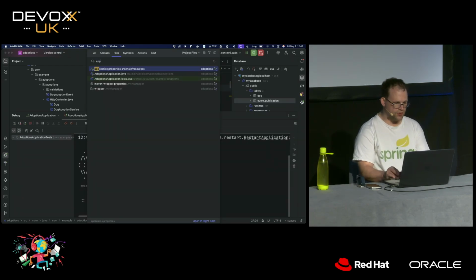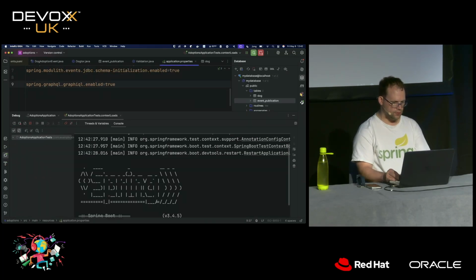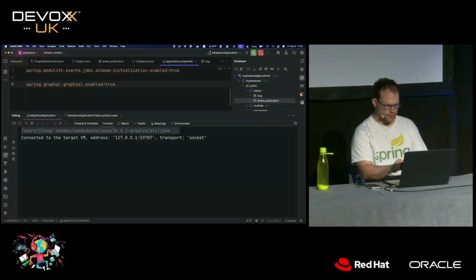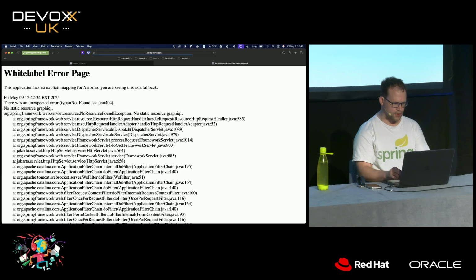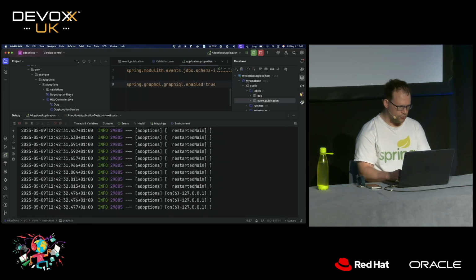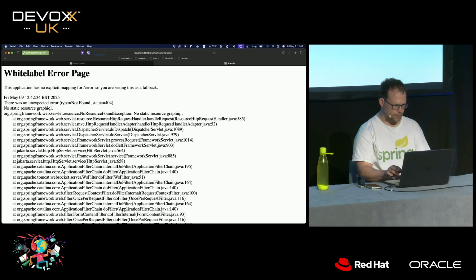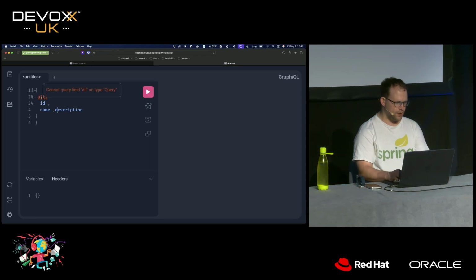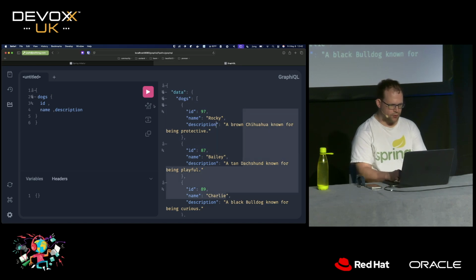And I want to be able to test this stuff out, so I'll go over here to my properties, and I'll say GraphiQL enabled is true, and I can reload the program itself. Go to the browser, localhost, GraphiQL. Okay, that was the original. You know what I did? I broke it by changing the folder a second ago. So we'll change it. GraphQL. There we go. So there's my GraphQL editor that I can use to interact with my GraphQL schema, and I can prove that everything's working just fine.